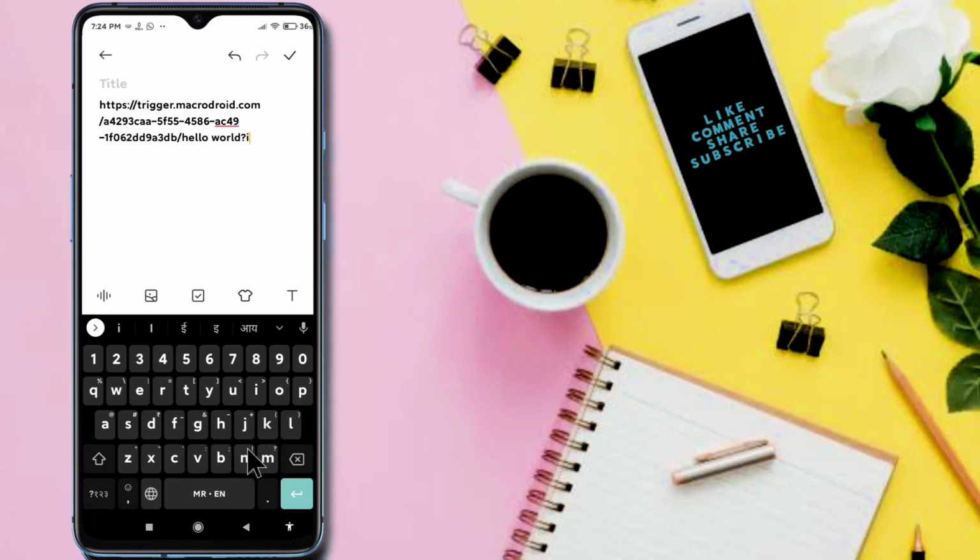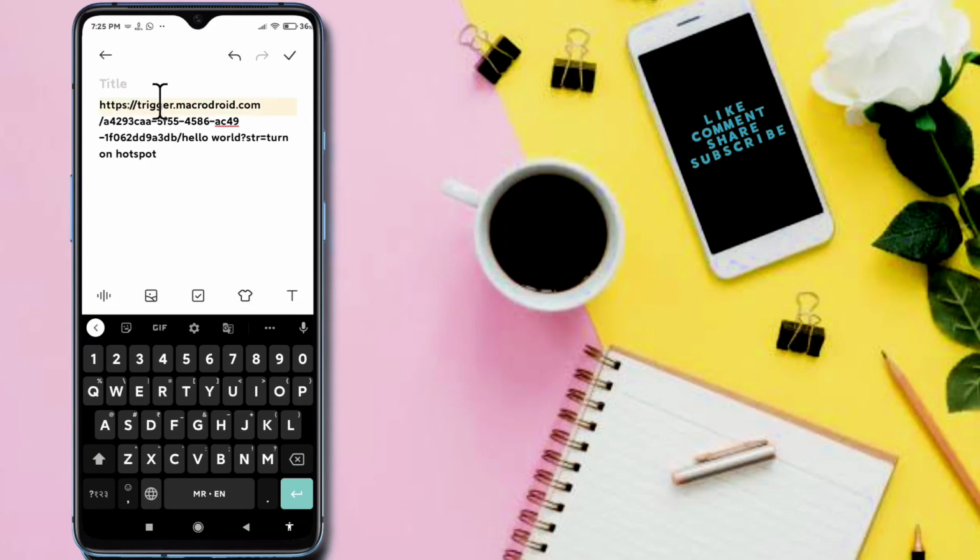I don't want to set the integer parameter. I want to set just the string parameter. So I am typing only str equal to, and I want to set it as turn on hotspot.